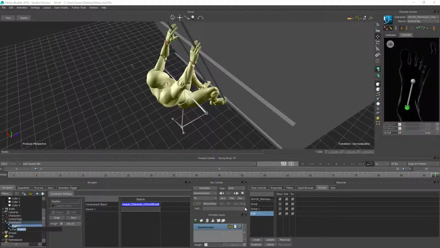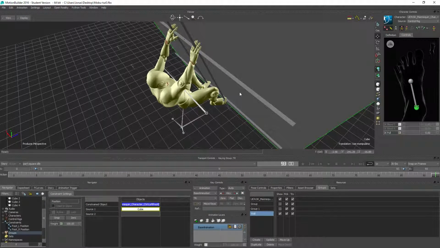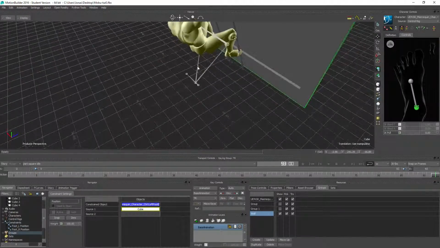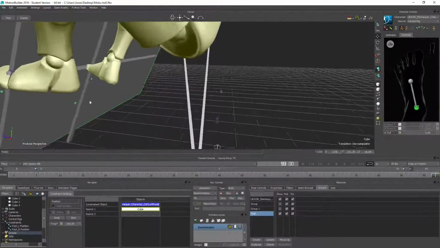So this is going to be the left foot. I'm going to switch to the other foot like this and hold X again and then drag that down as a source. Nope, not that one, sorry. Select the wall and drag that one down as a source. So if we just zoom in on the feet for a moment and take a look at how they move